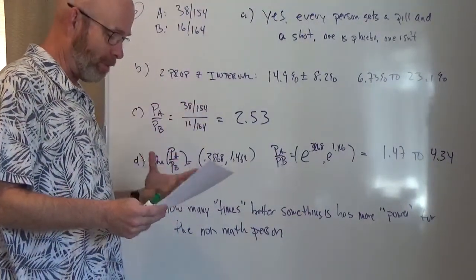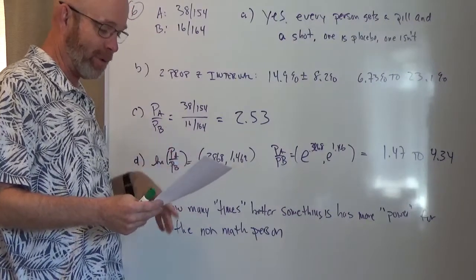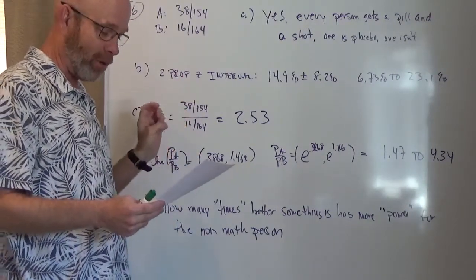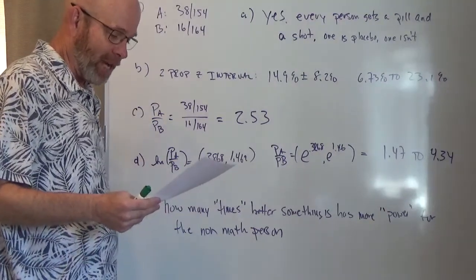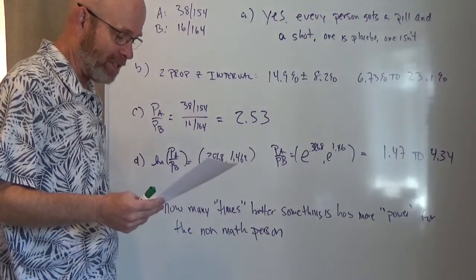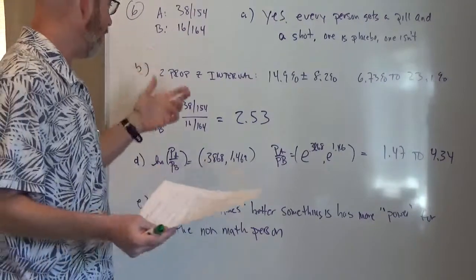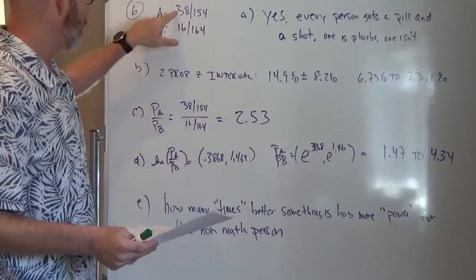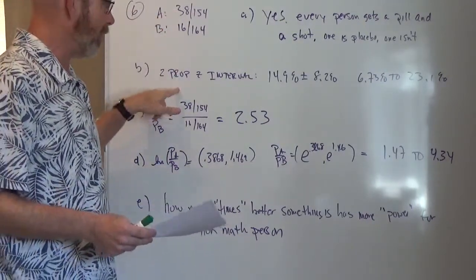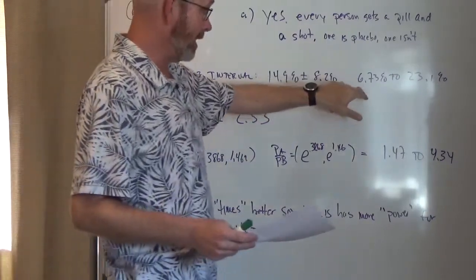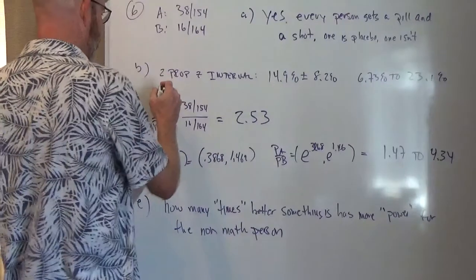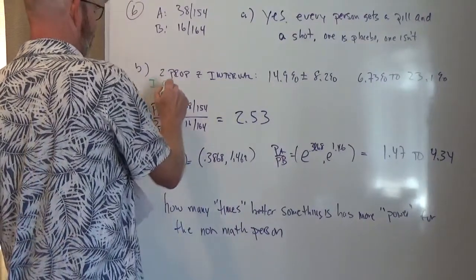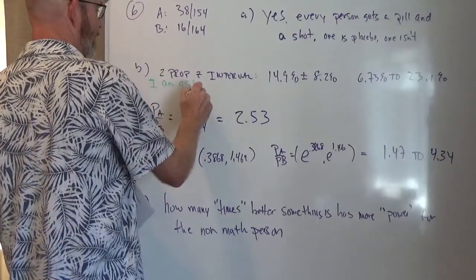Second problem, part B, just says the conditions for inference have been met, so you have to construct and interpret. Oh, I forgot to interpret. A 95% confidence interval, so just write on the calculator. Just proportion 1, proportion 2, it's a 2 proportion Z interval. I got from 6.73% to 23.1%, so the interpretation would be I am 95% sure